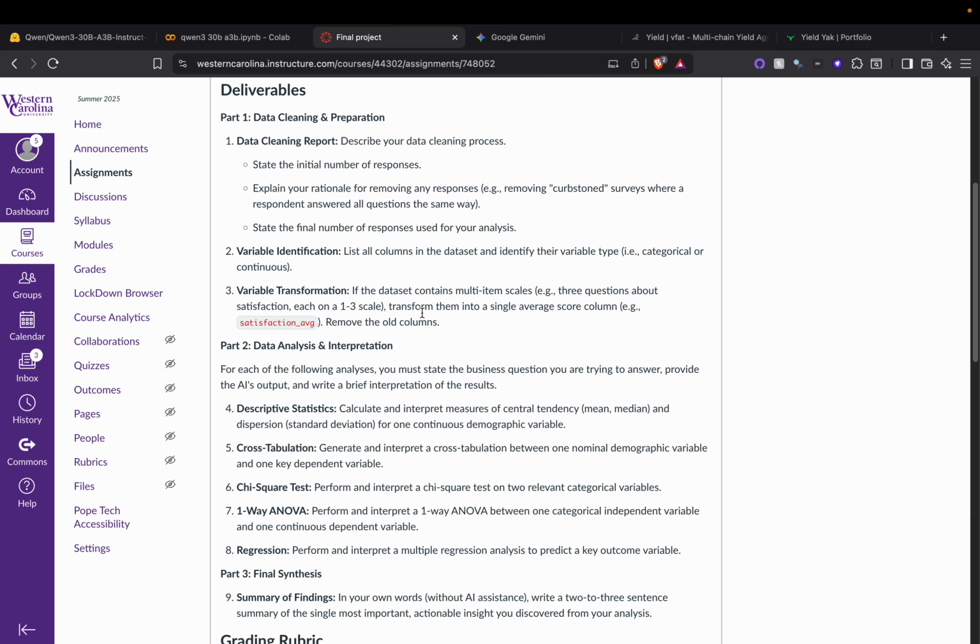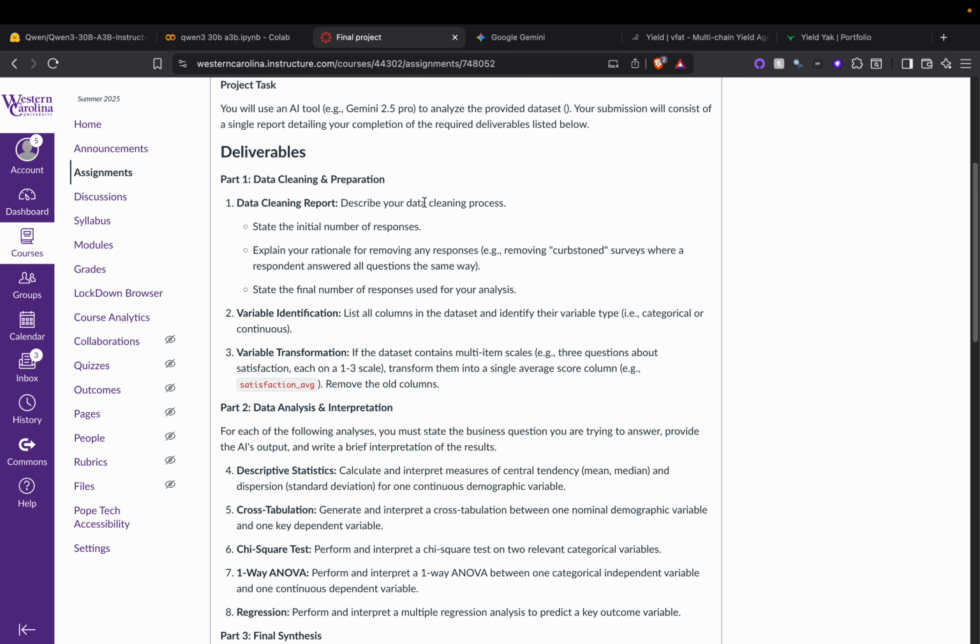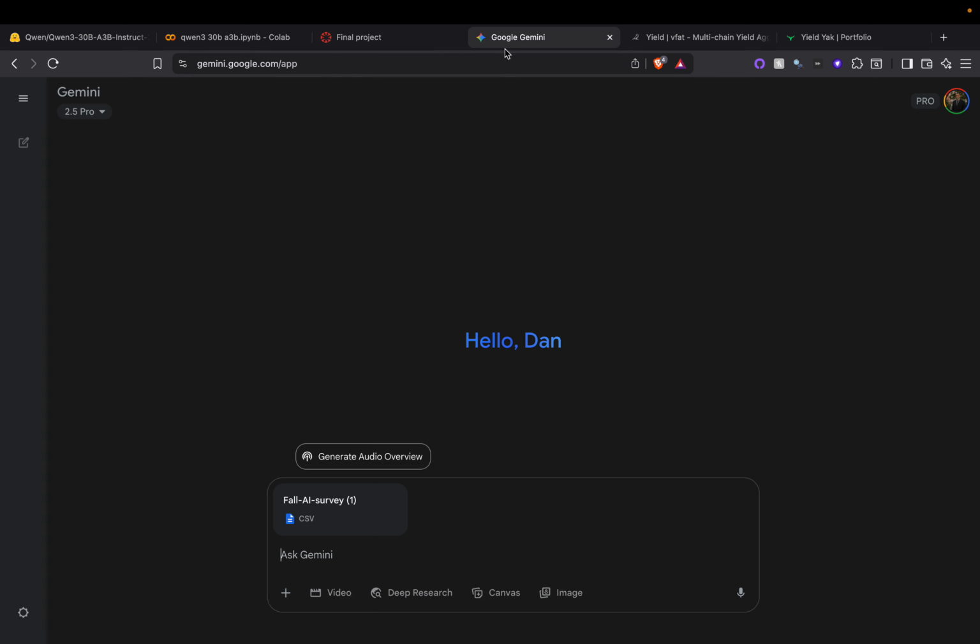And what I'm literally going to do is go through each of these deliverables and think of how to word each of them as a prompt. So: describe the data cleaning process, initial number of responses, rationale for removing responses, and final number of responses used for analysis. Before I even do that, I'm just going to have Gemini examine this file and form a